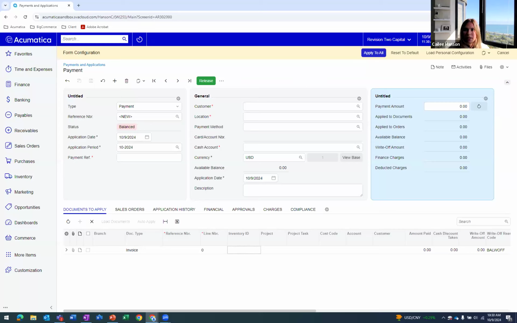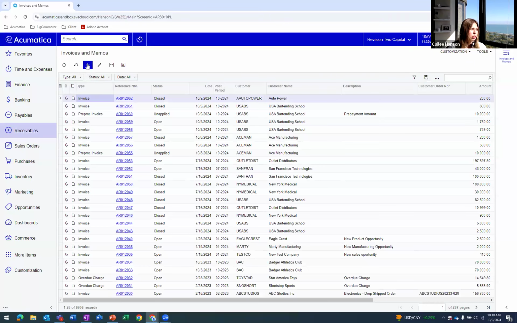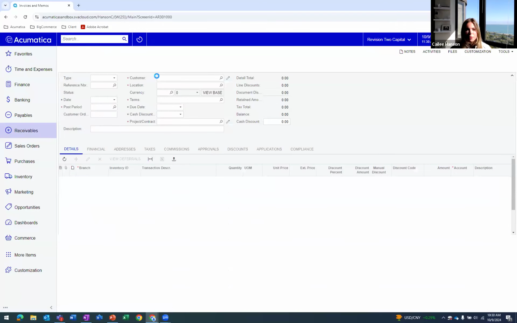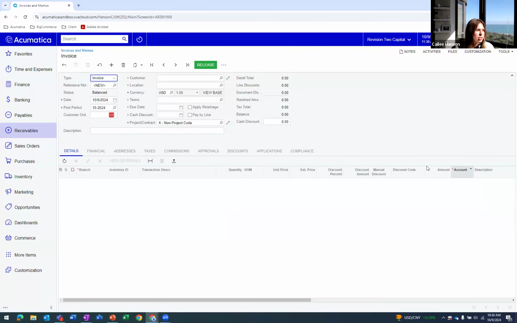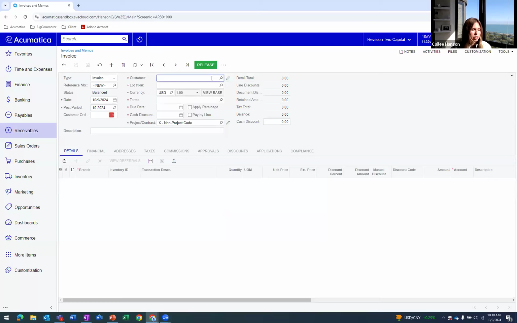All right, perfect. So pretty exciting stuff on the new UI. And we'll see this at play as we get through the next demo feature, which will be walking through the AR prepayment invoice. So I'll go ahead and go to my receivables and go into my invoices and memos. And I'll just go ahead and create a new one with that new prepayment invoice type that we saw within that slide deck there. So I'll use my handy dandy customer